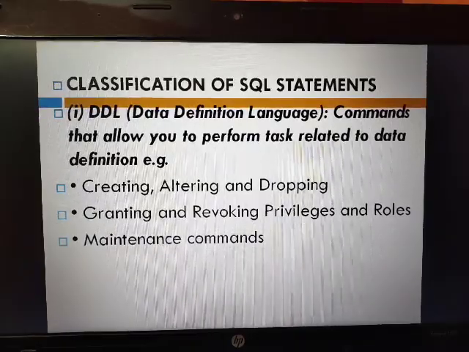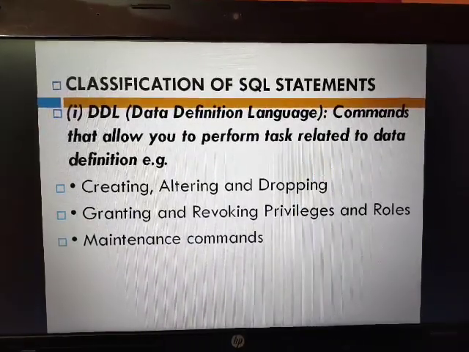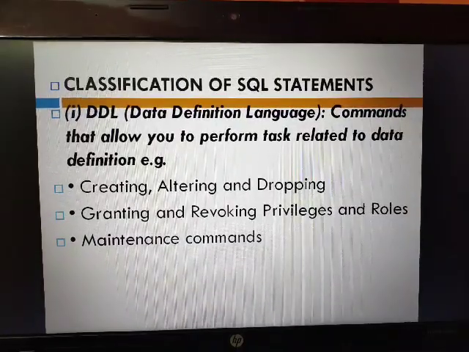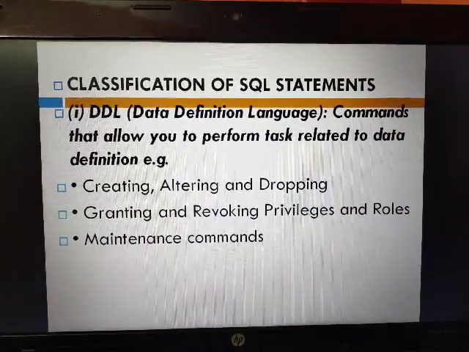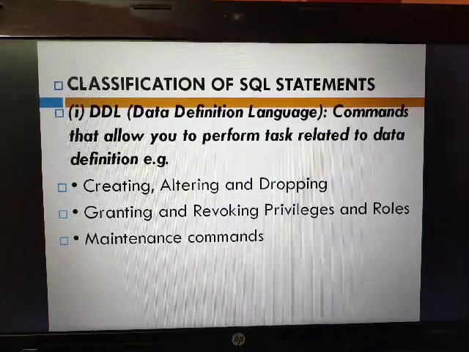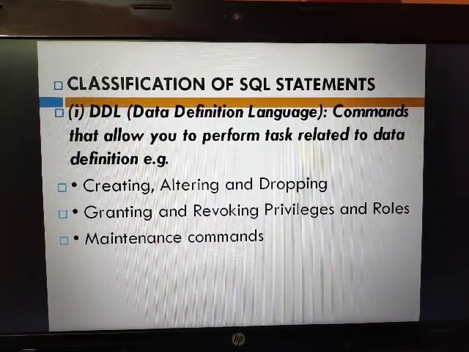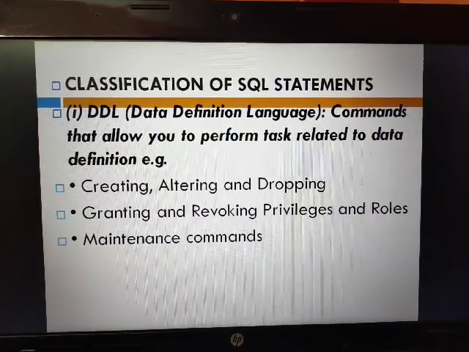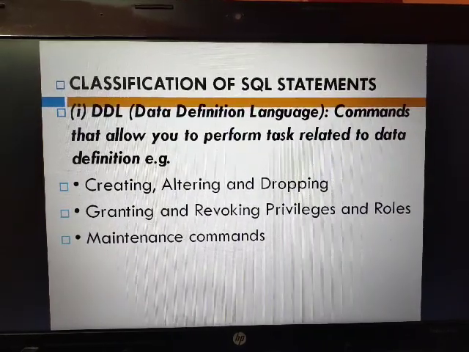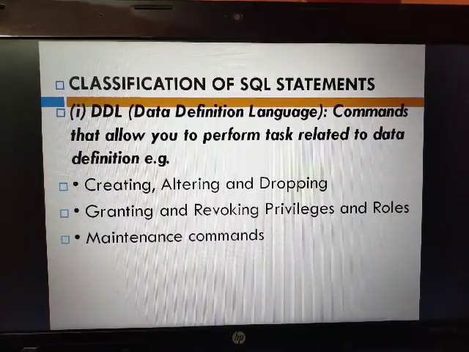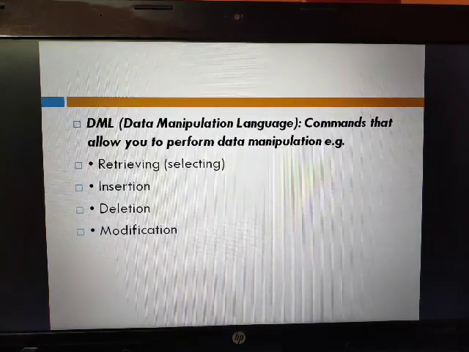Next is granting and revoking privileges and roles. If you want to grant or revoke some permissions you have given previously, you can grant and also revoke. Third is maintenance of commands. If you need, in some situations, you can also maintain commands. So this is the first type of command, DDL.